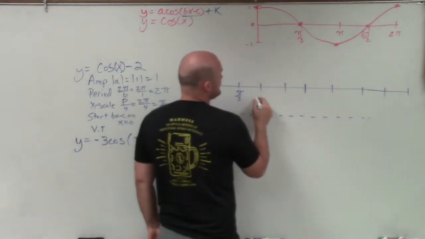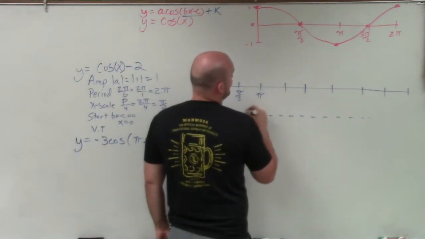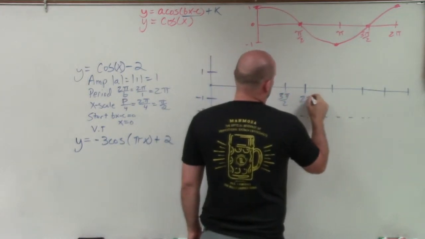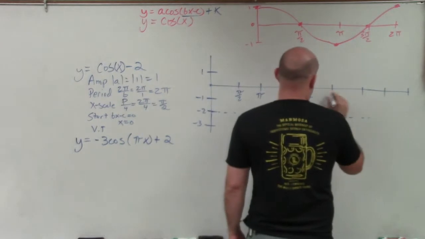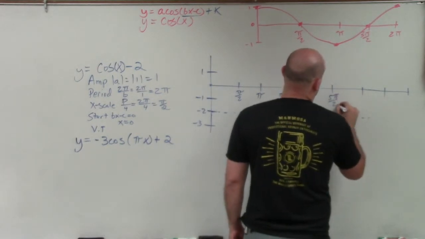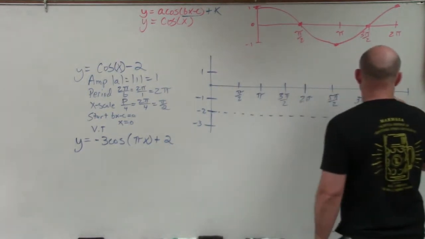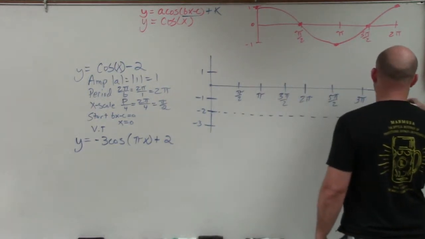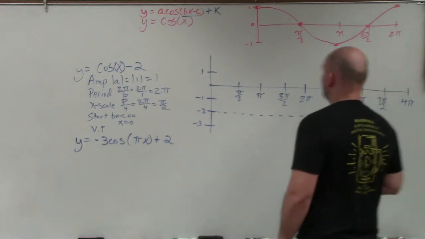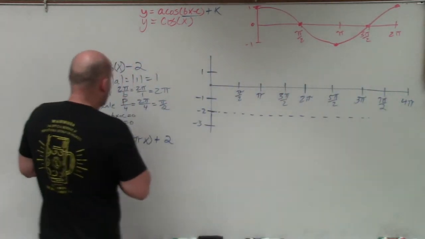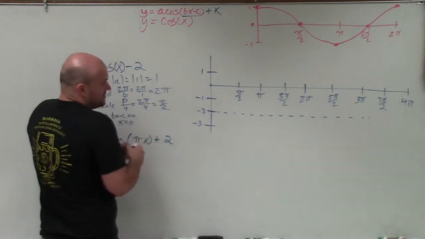So we have pi halves. Then we'll go into pi. Then we have 3 pi over 2. Then we have 2 pi. That would be 4 pi over 2, so this is 5 pi over 2, 6 pi over 2, which is 3 pi, 7 pi over 2, and then 8 pi over 2, which would be the exact same thing as 4 pi. OK, so now, again, though, remember our start, yes, x is equal to 0, but the graph